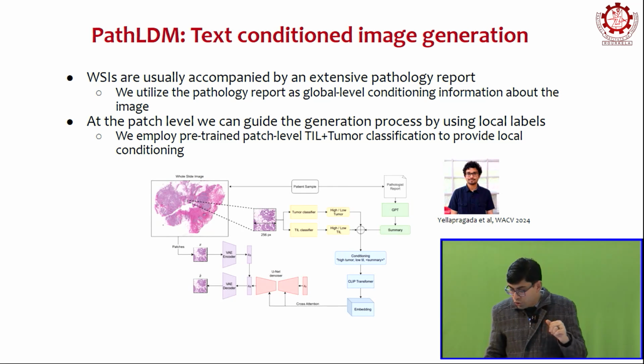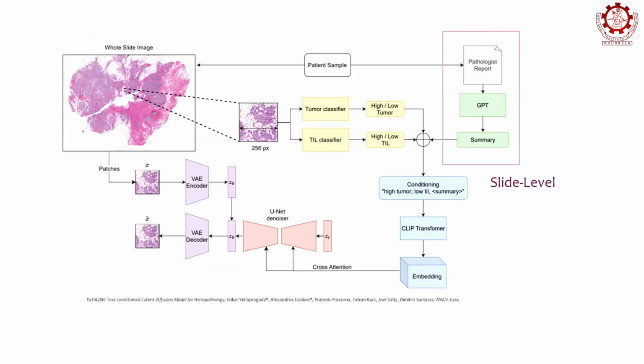Okay, and I'll show you how we do that. So first, for the slide level information, we get the pathologist report, and it can be a very detailed report, or it can be a short report. A lot of times it's in a structured format. There are CAP guidelines,